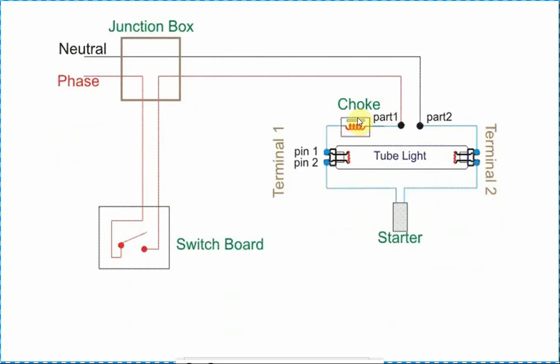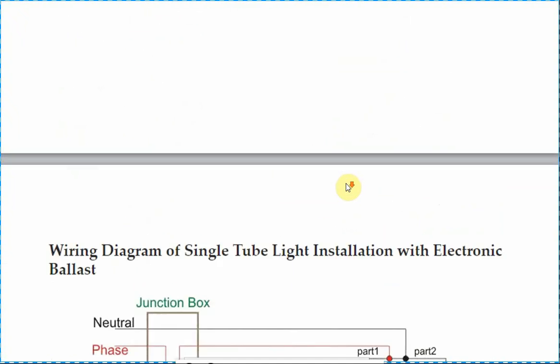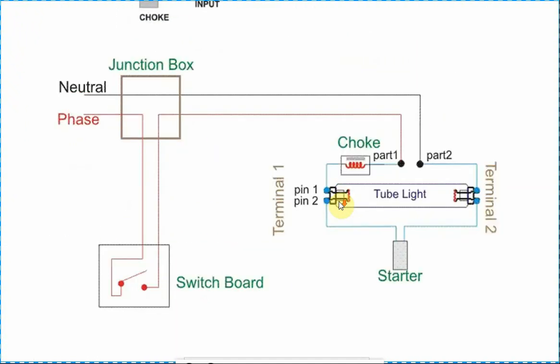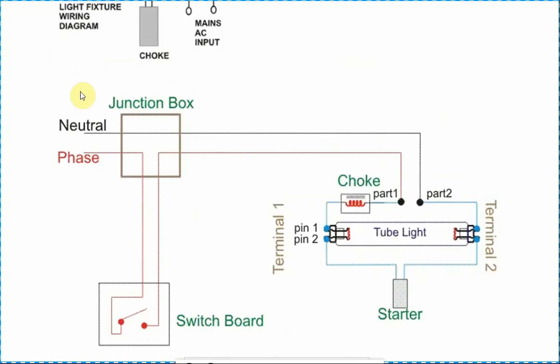The electrical choke is replaced by the electronic choke. I will show you the electronic choke, but before that, let's look at the electrical choke. Okay, this is the electrical choke. The neutral line is directly connected to this point. The phase line, through the switch, is connected to the choke input. The choke output is connected to the lamp, the lamp output is connected to the starter, the starter to the point, and the point to the neutral.